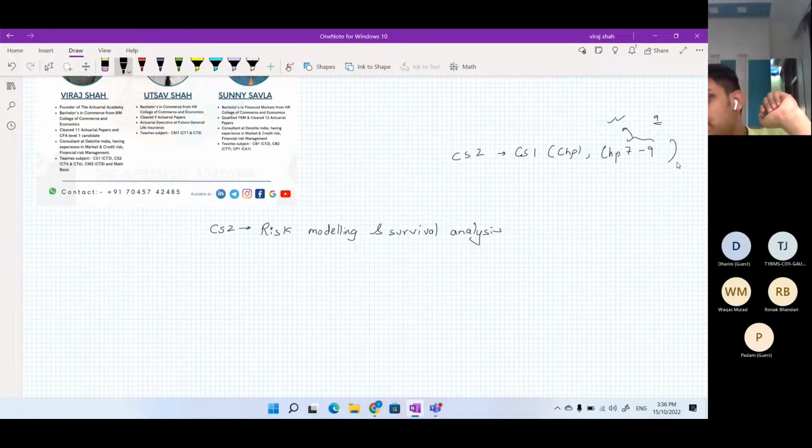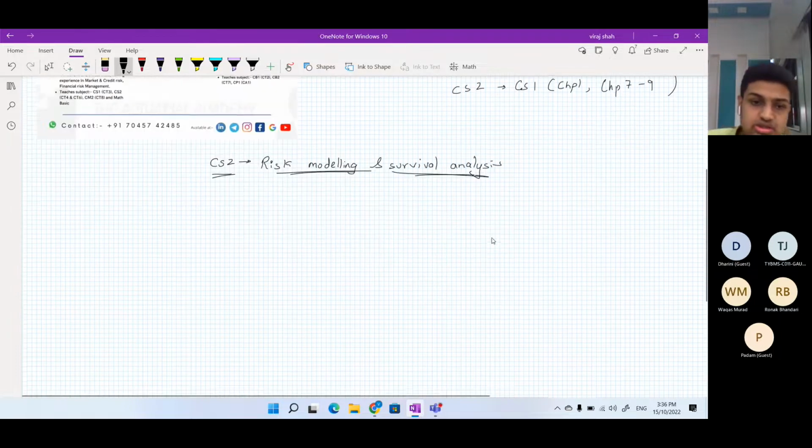We will be starting. The structure won't be exactly like we'll be doing 1, 2, 3, 4, 5, 6, 7, 8, 9, 10. No, it won't be that way. I'll explain the structure, how we will be going about it. But first, let me give you an idea about what all the chapters are, what the chapter weightage is, and how we are going to study that, everything in detail.